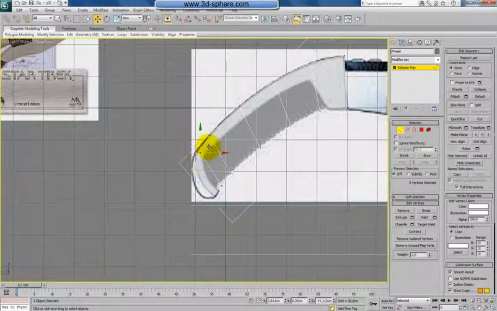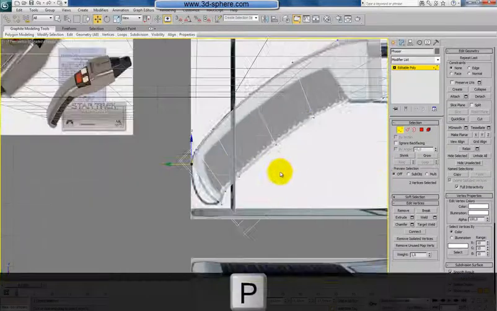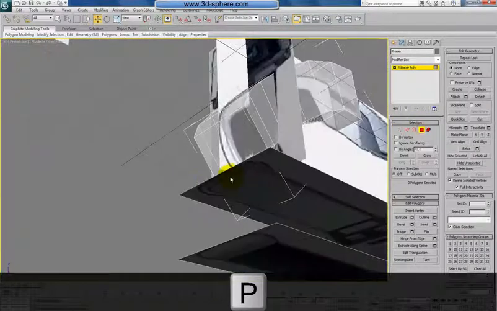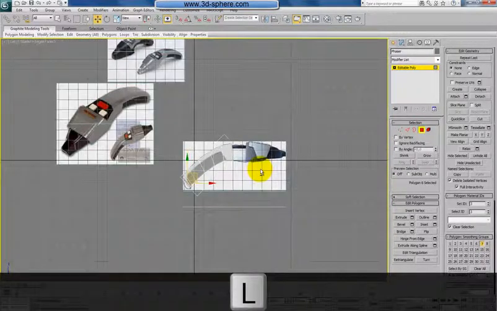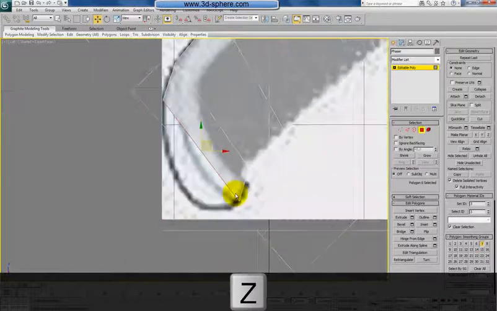So one more edge, place the top here, the bottom here, and it looks like it would be nice to have one more. Or I will just place this one a bit back, like this. Now we'll go to perspective view, select this one. Now I can go to the left view, Z to zoom one more time, and now I